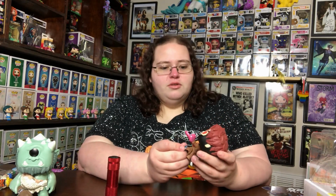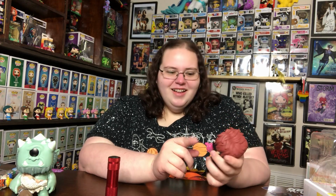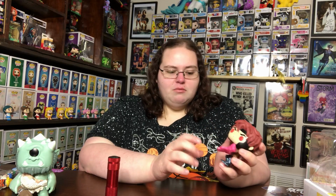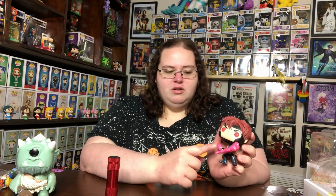I absolutely love this. So let me go ahead and turn the lights back on real quick. Alright, so this thing glows really damn well. Again, the eyes not so much, but it still glows better than that Flashpoint Superman. I always can go back to that. So they do glow, they don't glow well, but I think the glow on the energy makes up for it. Especially since I don't really...